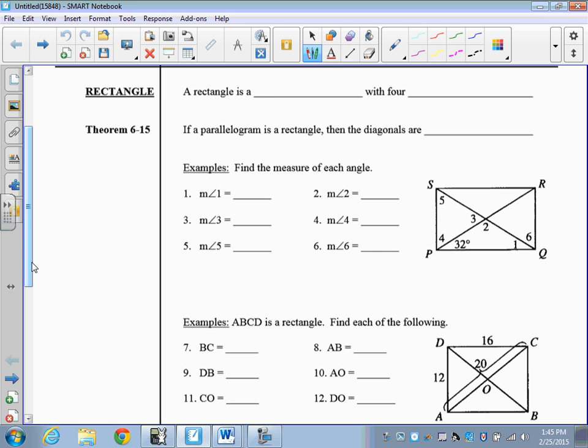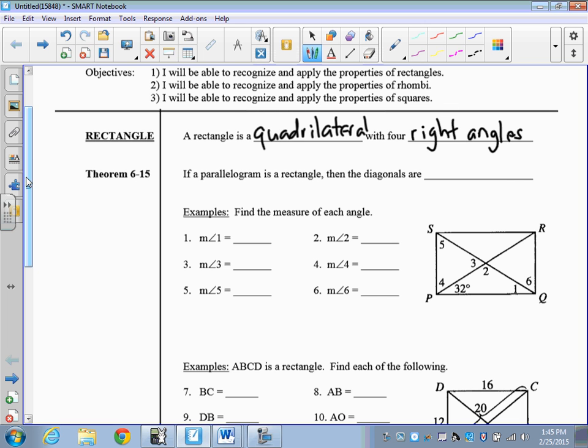A rectangle is a quadrilateral. Remember, that's a four-sided shape with four right angles. So four congruent angles, four right angles. And another thing that's important about a rectangle is it's also a parallelogram. So whenever we talked about in our last lesson all about those properties of parallelograms, they also carry over for